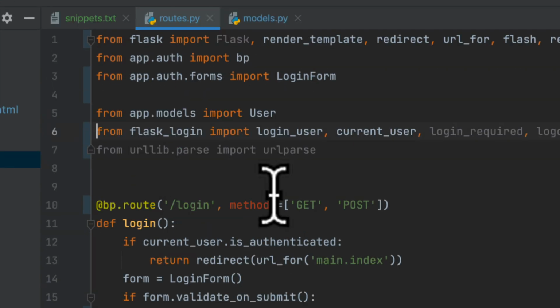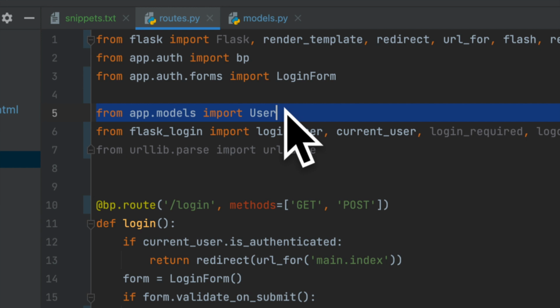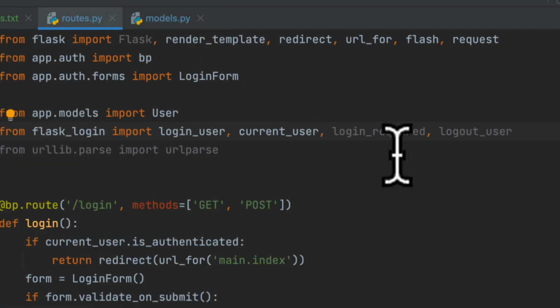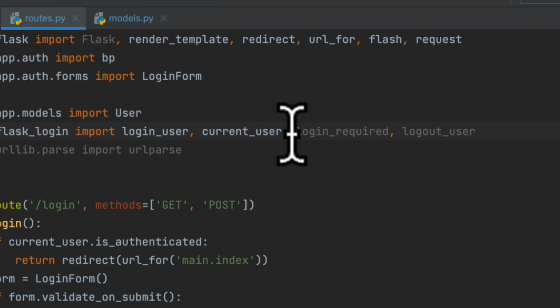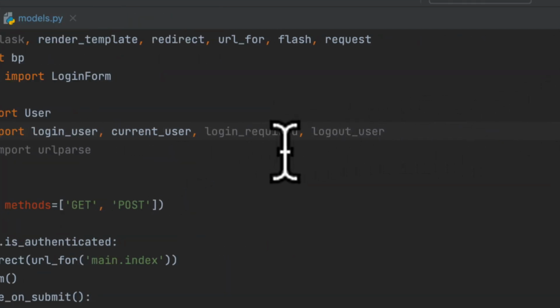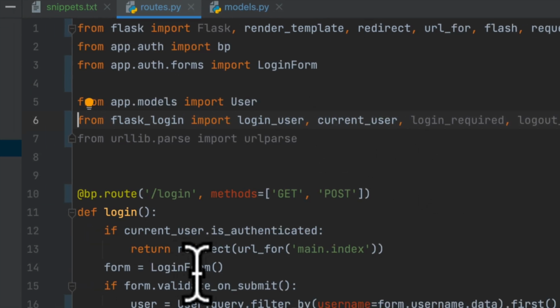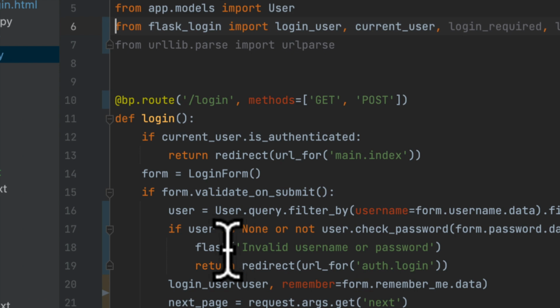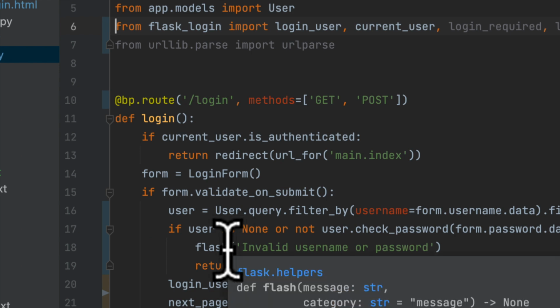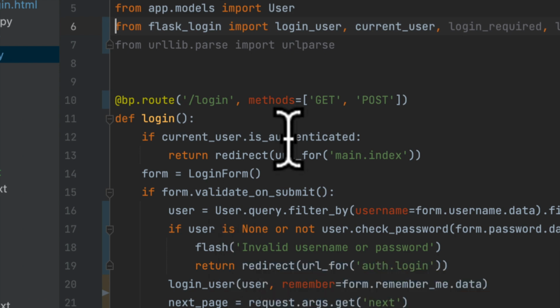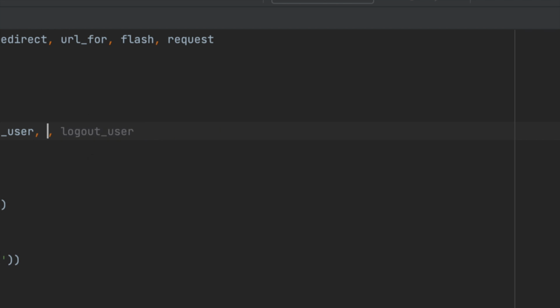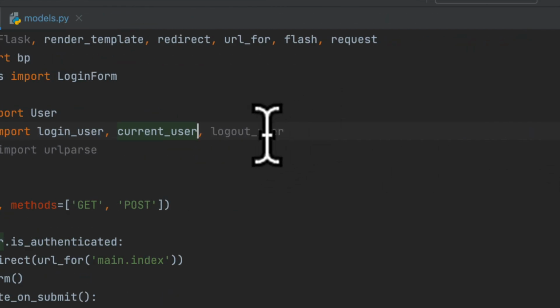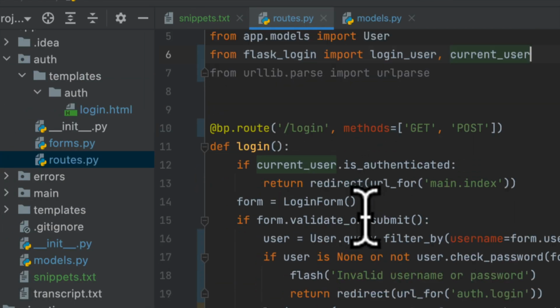What I did was I imported the user model from models file. Here also we imported the login user, the current user, and the login required. We don't actually need login required because this route is only responsible for logging in the user and registering the user. So we don't actually need login required, and we don't also need logout user,